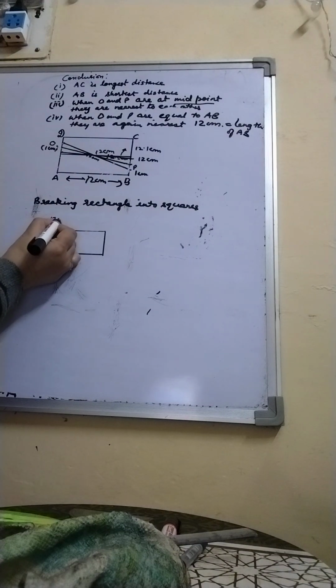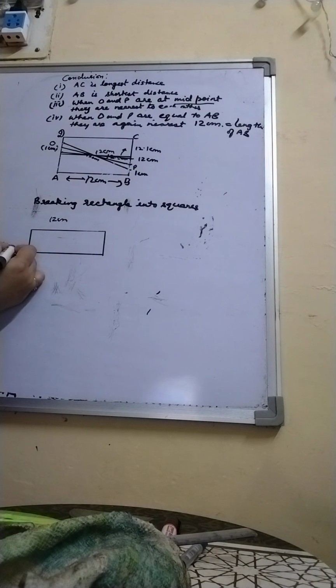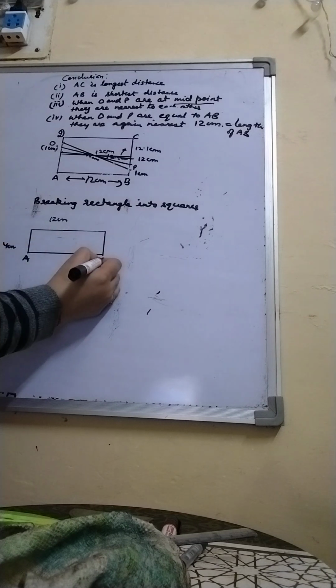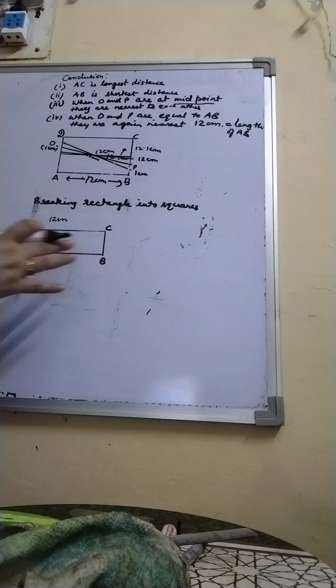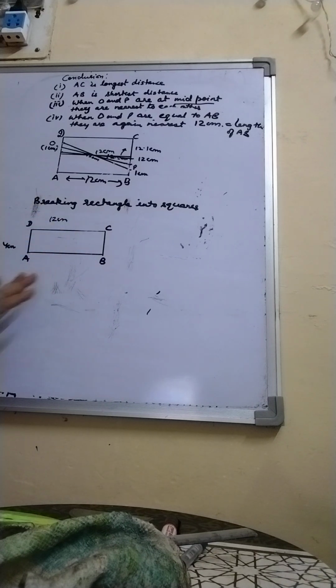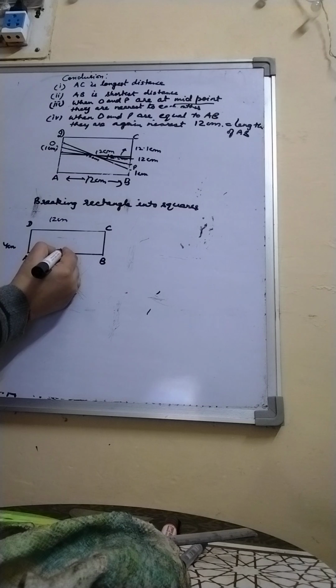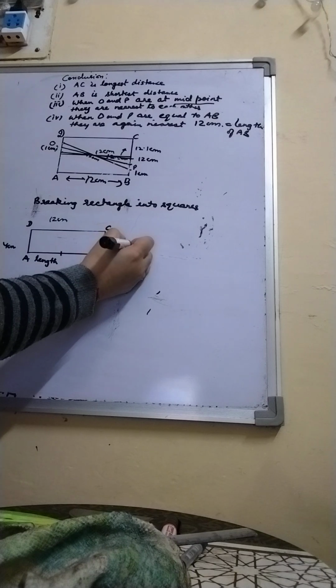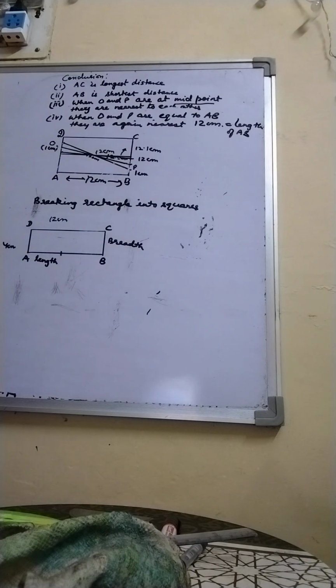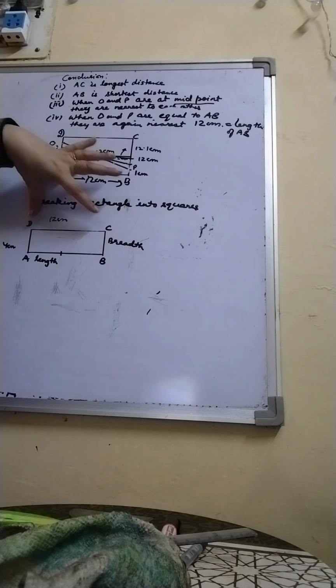12 centimeter length and 4 centimeter breadth. Okay. Now what are length and breadth? You know that in a rectangle not all 4 sides are equal. The longer side is called length and the shorter side is called breadth. Okay. So we are taking breadth equal to 4 centimeter and length equal to